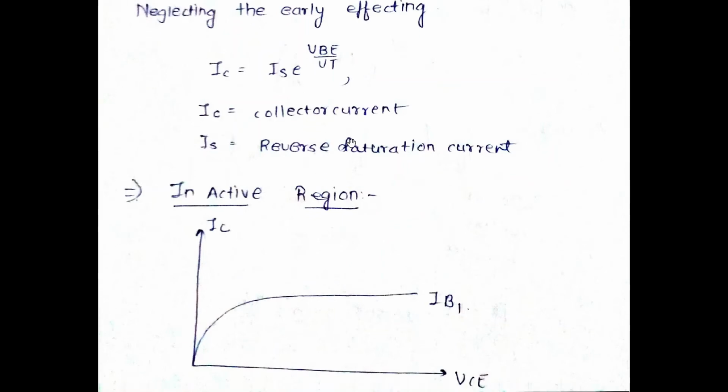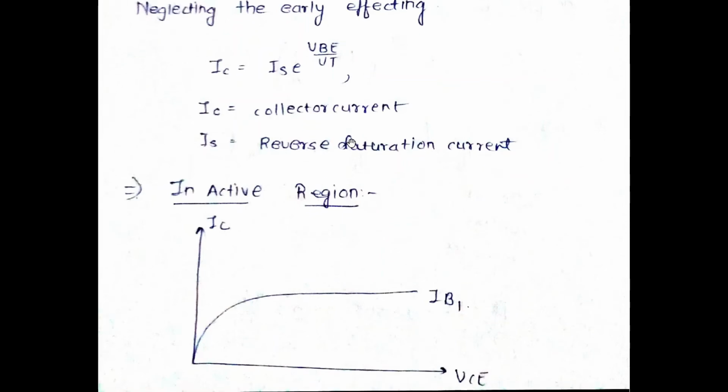So let us understand this diagram which is there. Okay, we have this diagram in which we have the VCE, we have the IC which is a collector current, and we have the IB. So what happens is that as the VCE keeps on increasing, the IB also keeps on increasing, and after a particular point the IB becomes constant. That is something very important to know and very important to understand.